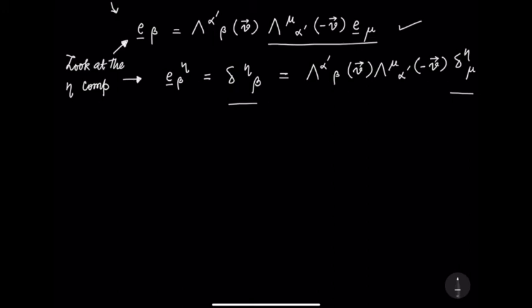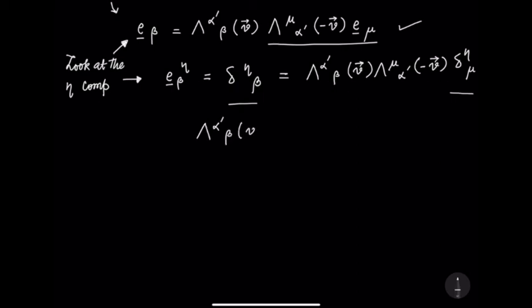Well, this Kronecker delta means that it is only 1 when eta equals mu. And if I look carefully, there is this alpha index repeated upside and downside, and there is this mu index repeated upstairs and downstairs. So there is summation over mu and summation over alpha prime. If I do the summation over mu, the term survives only when mu equals eta, which means this I can write as